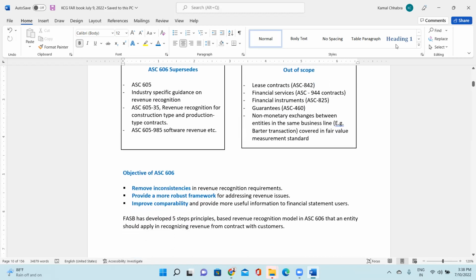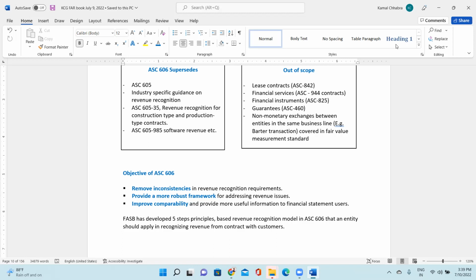After that, the key objective of bringing ASC 606 into place is to improve inconsistencies in the revenue recognition requirements. Earlier, under ASC 605, there were so many abnormalities or dissimilarities or inconsistencies in recognizing revenue, at a point in time or over a period of time, from one industry to another. Like we were discussing, ASC 605-35 for long-term contracts, ASC 605-985 for software revenue, and guidance for the real estate industry.